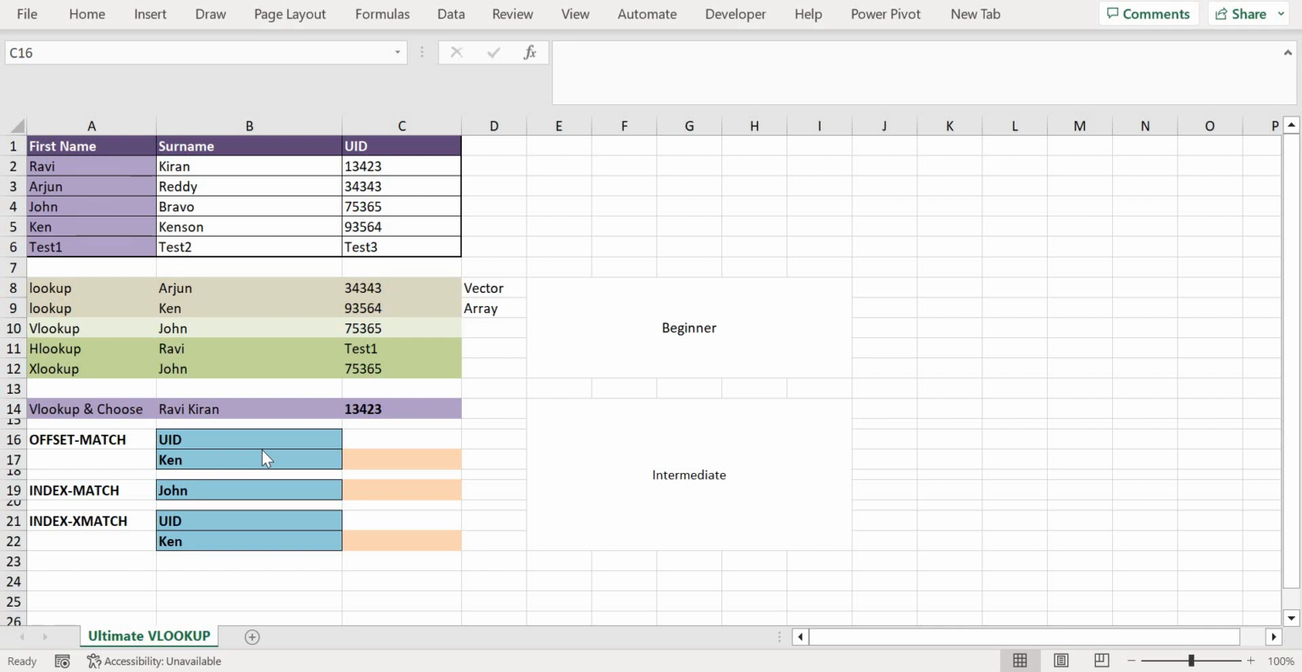So this is all about the beginner level of lookup functions. So we'll move on to the intermediate level of lookup functions. The intermediate level includes INDEX and OFFSET MATCH. INDEX and OFFSET are both Excel functions used to return a value from a specific cell or range of cells. The main differences between INDEX and OFFSET are: